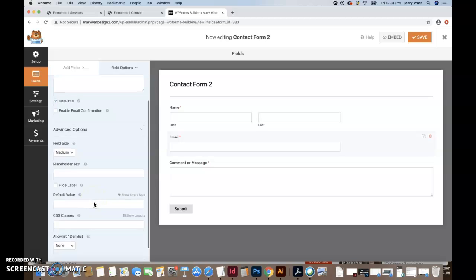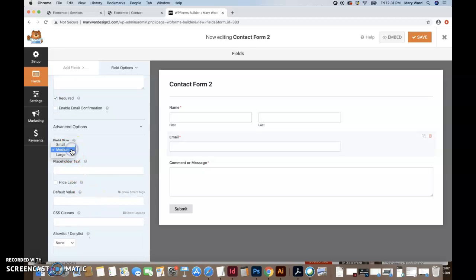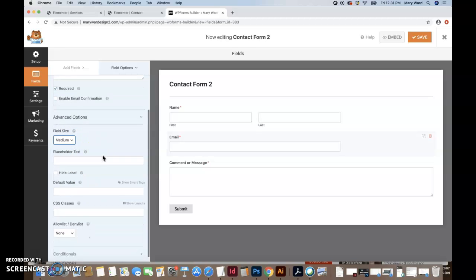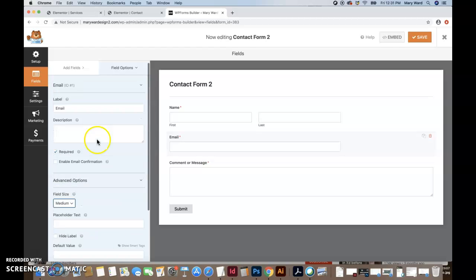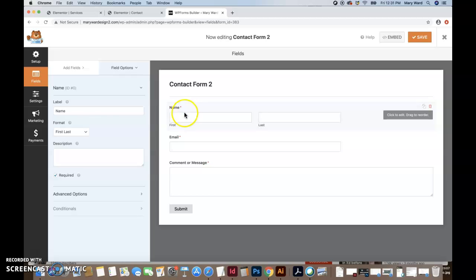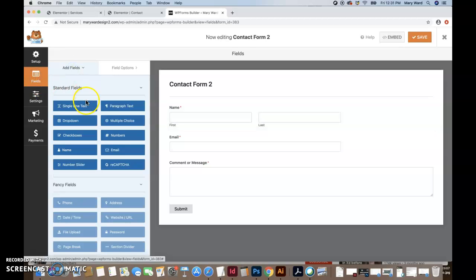Mostly kind of layout options, medium, large, field sizes. You might want to come in here and look around, but for the most part, what you get with the default contact form is pretty decent. If you want to go back to add fields, you can add in paragraph text, multiple choice boxes,